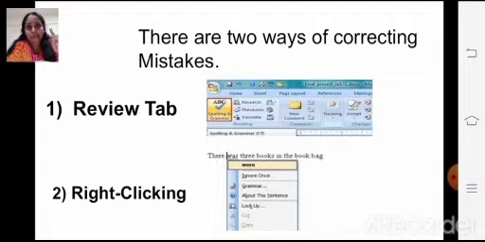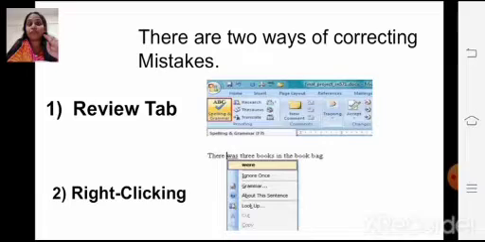You all know the tabs, right? Home tab, view tab. So the review tab is there. On the review tab, the first option, which you can see in the red box I have marked, is spelling and grammar check. It will help you to correct your mistakes.